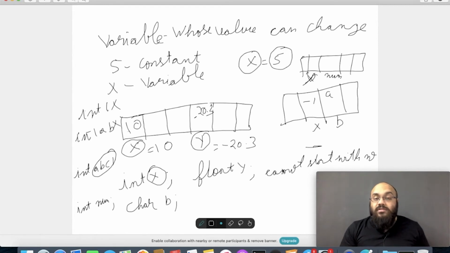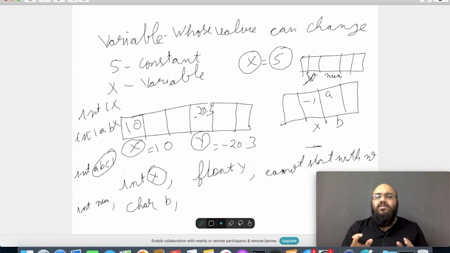Just to end this concept, a variable is a name of a memory location, a memory address, which saves a constant inside it, and we access that value using the variable name. The content of the variable can change, but the variable will only store its own type of constant. If it is an integer variable, it can only store an integer. If it's a float variable, it can only store a float. You cannot write int ABC and then store 12.5 into it. It will not work at all.